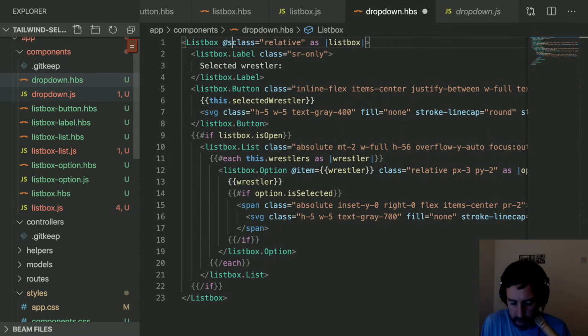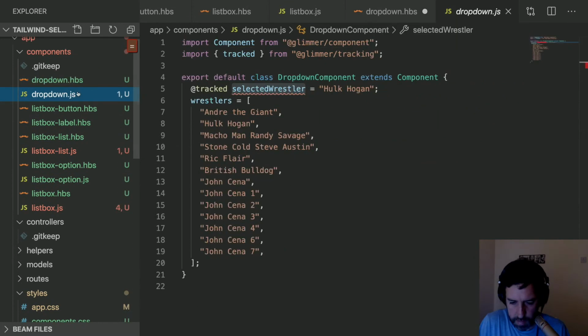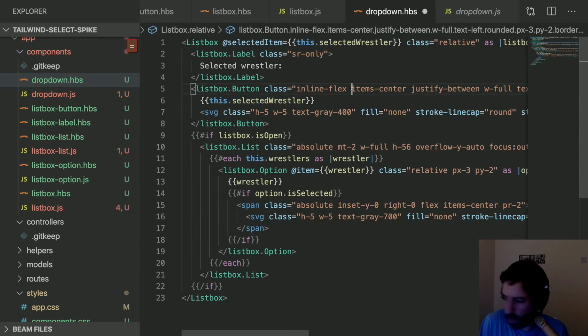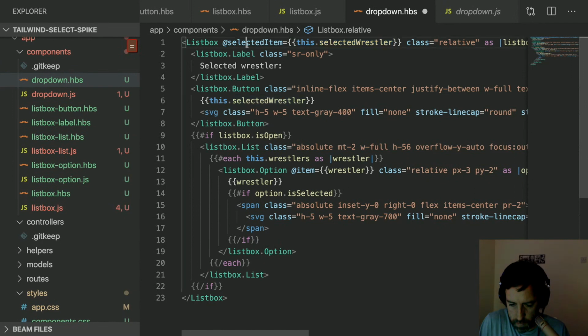So we should pass in selected, and again, I'll just call it selected item for now. This is the drop down, and this is this.selectedWrestler. We want to make this data down, actions up, right? So we then also want to say,